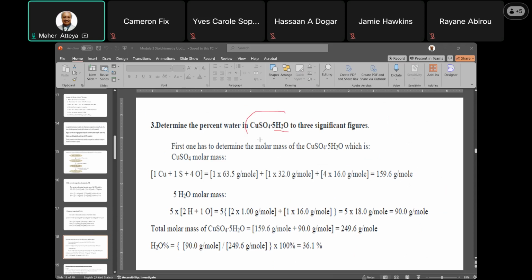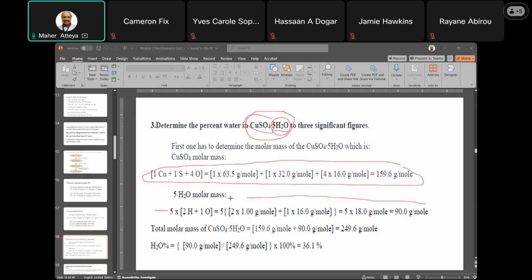You need the molar mass of the whole big molecule, correct? And the molar mass of H2O, and there are 5 of them. You take 5 molecules of H2O, 5 times its molar mass, divided by the whole molar mass, multiplied by 100 to give you the percentage of H2O. So you first need the molar mass of the whole copper sulfate, correct? Here they are. That's the copper sulfate. The H2O, 5 of them here,